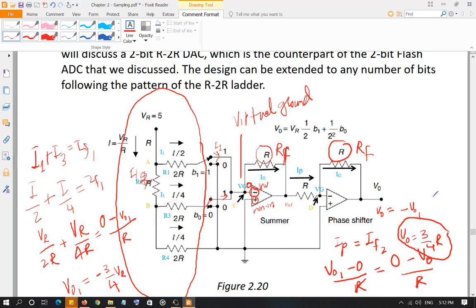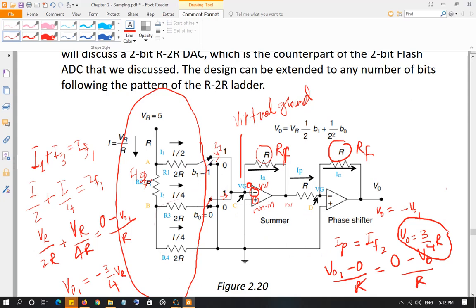So when your input bits are 1 1, and your DAC is converting the voltage back into the analog voltage, all you're gonna get is 3.75 volt. So whether your actual input was 4 volt, you're not gonna get that 4 volt. You are gonna get 3.75 volt. So this is called quantization error, which we're gonna discuss soon. Okay. In the same way, you can track this circuit for different bits.